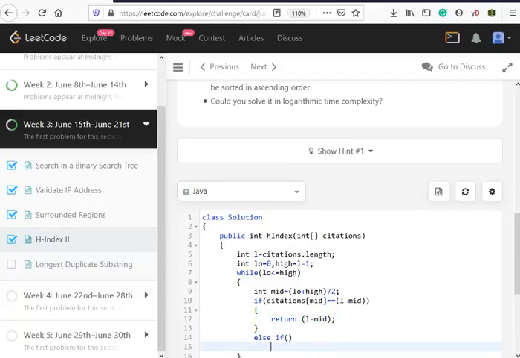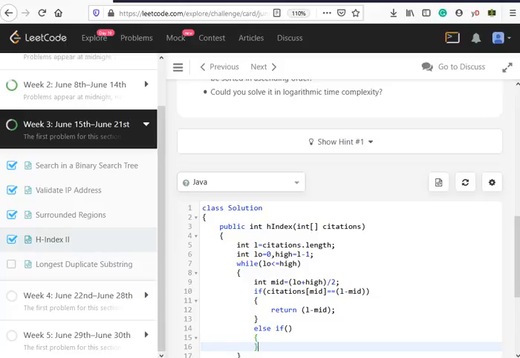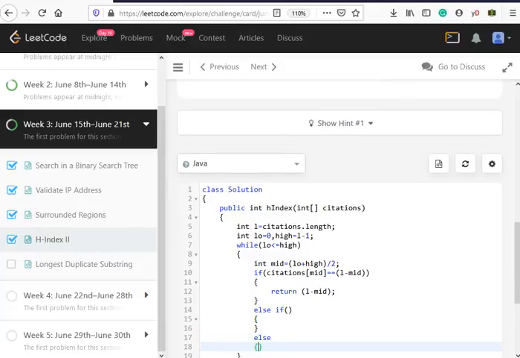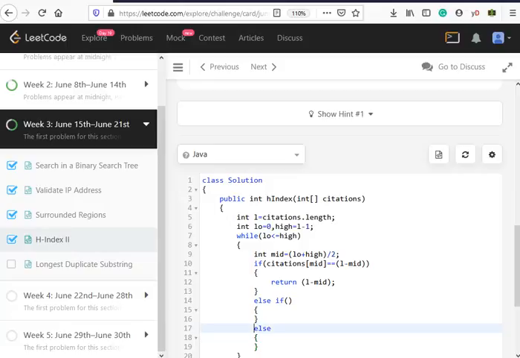Now we need to take care of the two cases, if the current value is greater or smaller than the value which we are looking for. Now if the citations of mid is less than L minus mid, okay, so what are we going to do in that case?